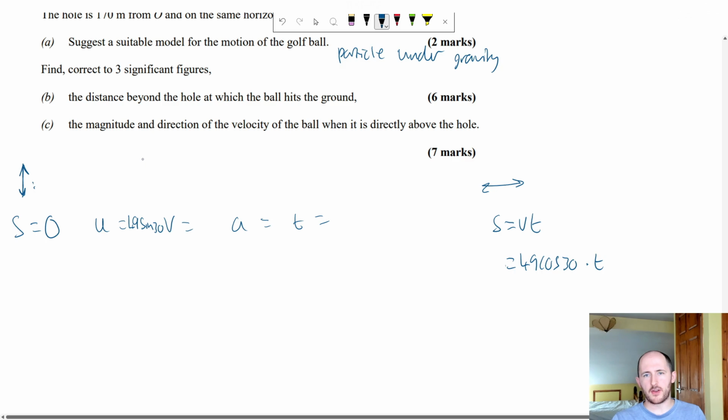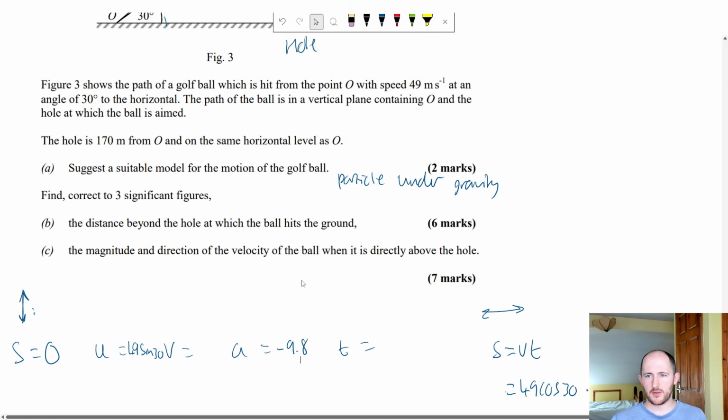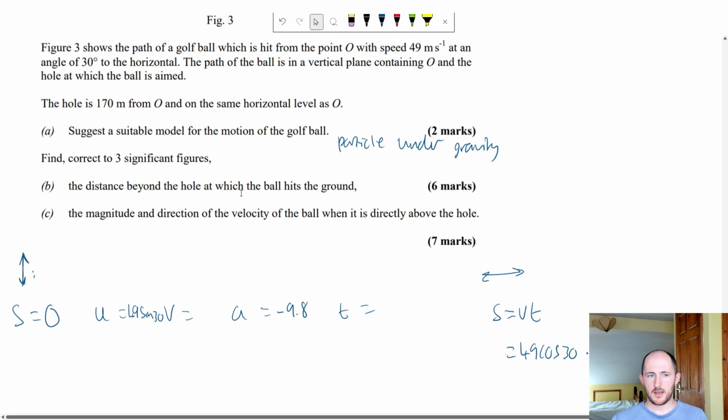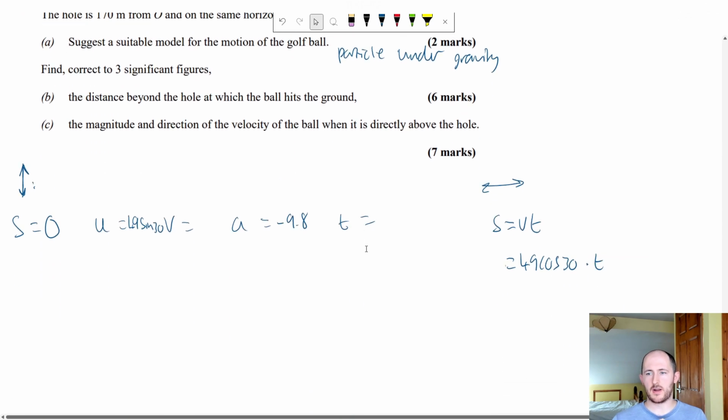Technically we know the final velocity, but I'm going to leave it blank, but you can actually work out what the final velocity is going to be. But I'm not going to bother with that one yet. And then minus 9.8. And we do not know the time, do we? No, we do not know the time. Actually, so s equals 0, yep, perfect. So yeah, we're going to try and work out the time, and then we can use that to work out the